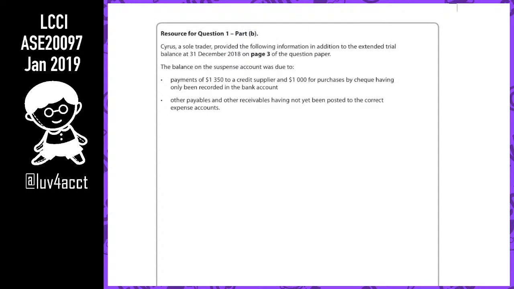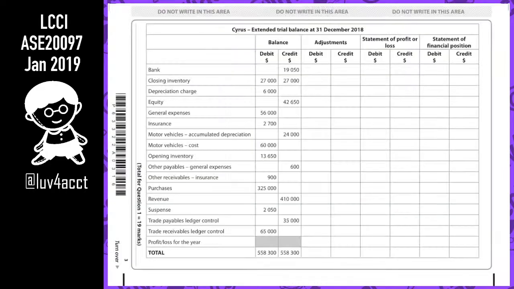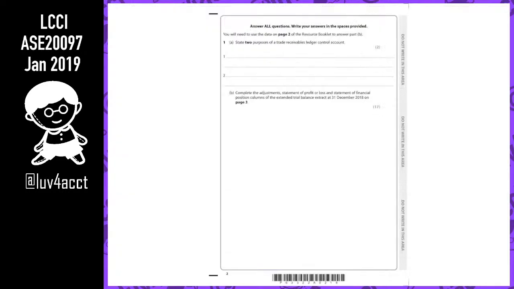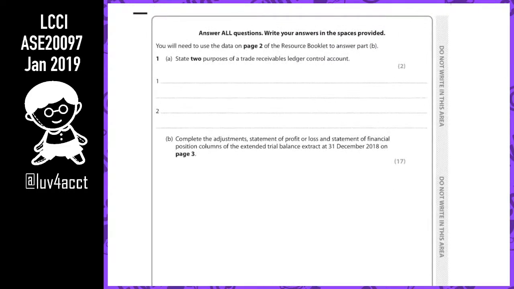Two points only. Because in this extended trial balance, we have to prepare the whole thing: the adjustment column, the statement of profit and loss, as well as the statement of financial position, with everything. So 17 marks for the whole thing, and then state two purposes of trade